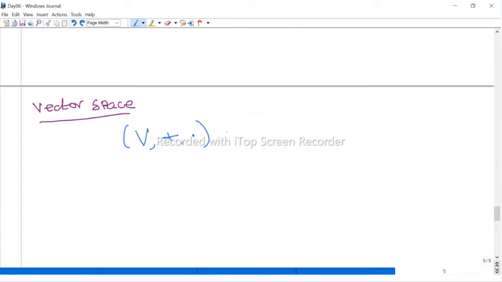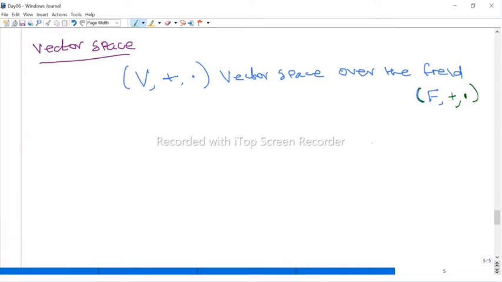So when we say this is a vector space, we say it's a vector space over a field. Without a field we cannot define a vector space. Over a field, either Q or C or anything; generally we can take F. But a field also has two operations, one is plus and the other is multiplication, right? Therefore we differentiate this plus and that plus. So this plus and this multiplication are different. That's why I'm using different colors. This addition is not the same as that addition. Again, this multiplication is not the same as that multiplication. Both are different.